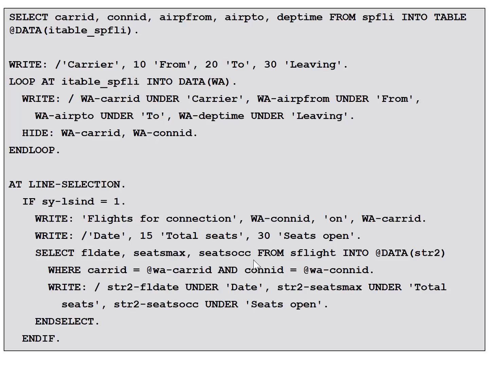on carrier ID. So where did it get this from? Those are the two variables that I did, carrier ID and connection ID. Then you'll notice I have another select statement, and I use as variables in that select statement WA carrier ID and WA connection ID. So I'm using the values that I was passed as part of the where clause here